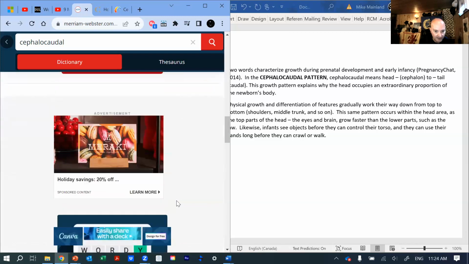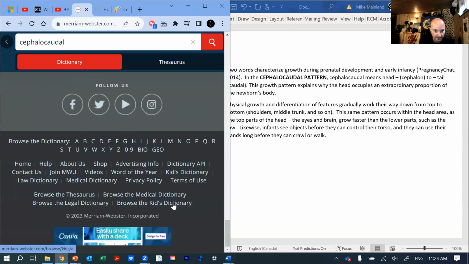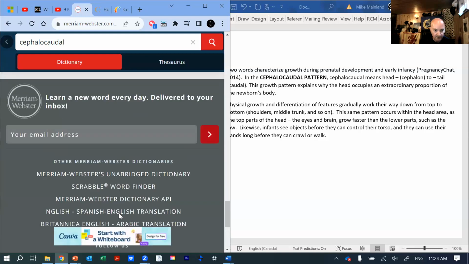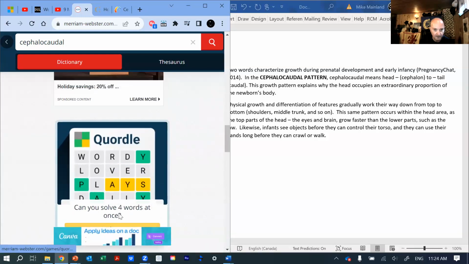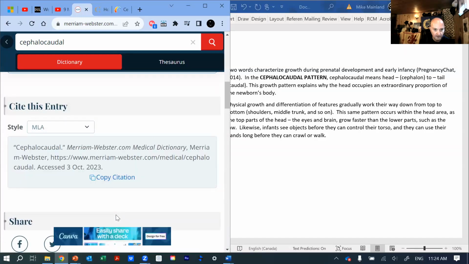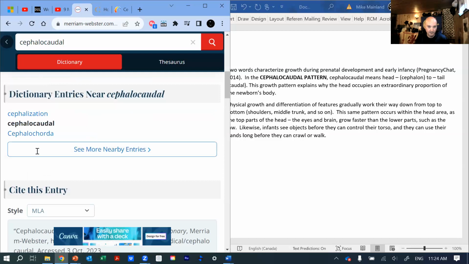This is going to be a bit tougher because I don't think they're going to have much information on here. Dated. Okay, so this actually gives me a citation right here I could use. You could just copy that, but let's do our own because